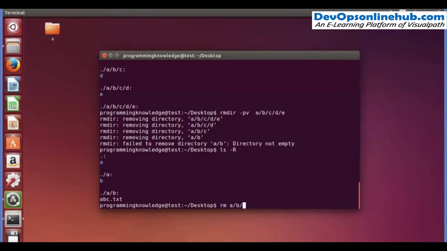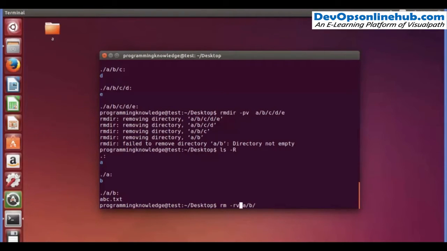So now we only have the a and b directories because the c, d, e directories are already deleted, right? And if you want to delete the whole directory structure, you just need to give this flag, which is -r, and it stands for recursive. Okay, and we can just add this v flag also for displaying the information about what's happening in the background, as we have done with the rmdir command, right? So if you give this command, it's fine, but if you want to print the information, you can give this v also with